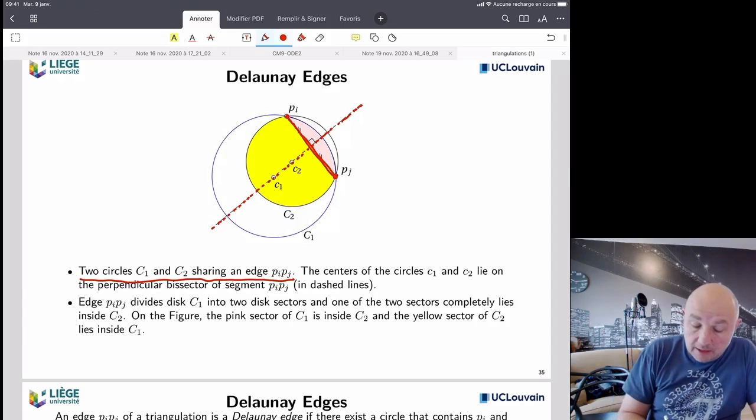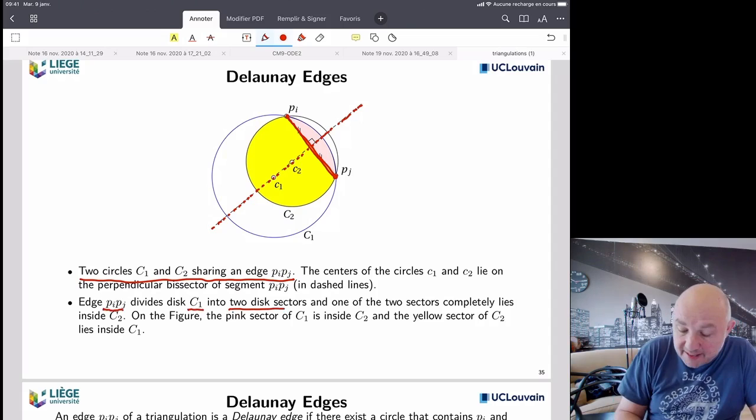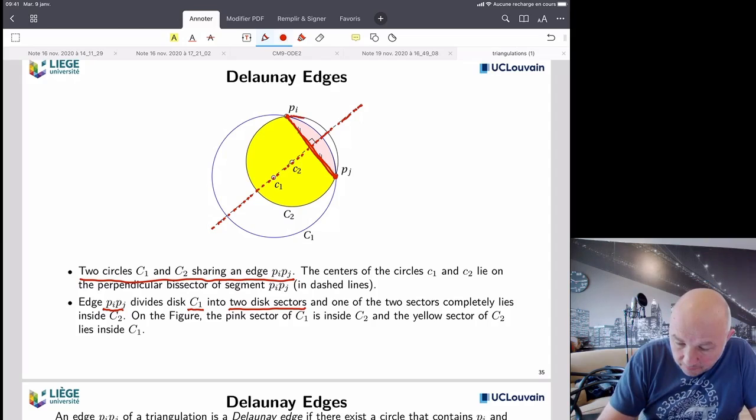So edge PiPj divides disk C1 into disk sectors. And what you can see here is that this sector on the right side, the sector of the yellow disk, contains